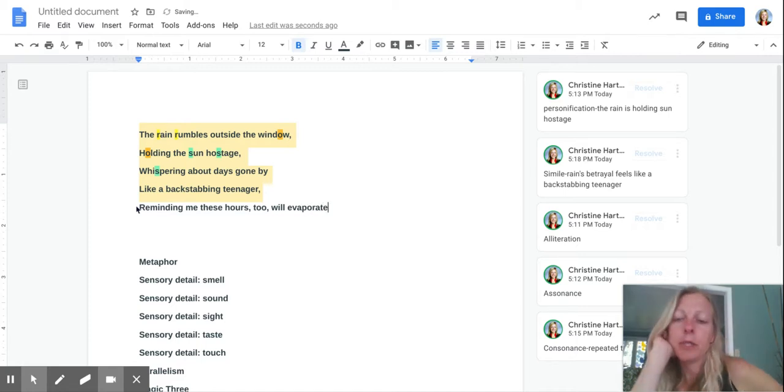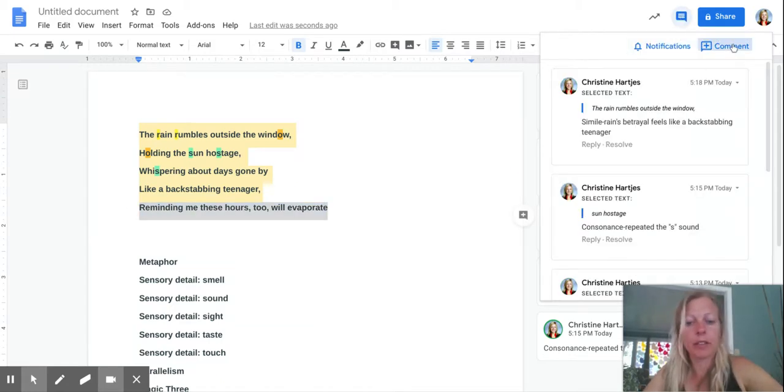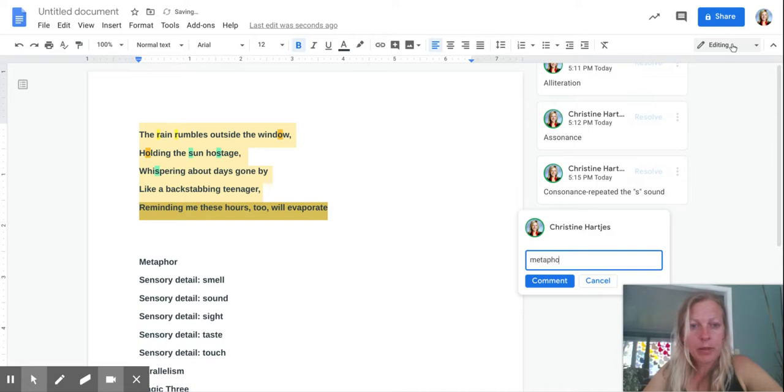So here I'm comparing how rain evaporates to how time can feel like it evaporates. So I'm using this metaphorically. So I'm going to go ahead and highlight that. I'm going to use my comment key. This is a metaphor,